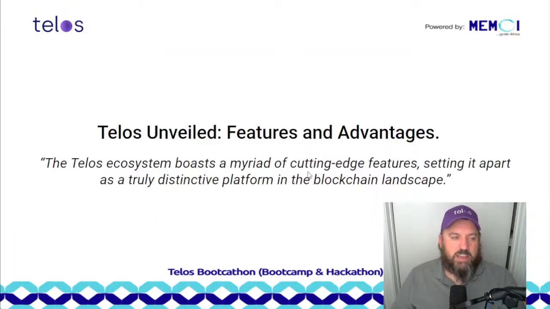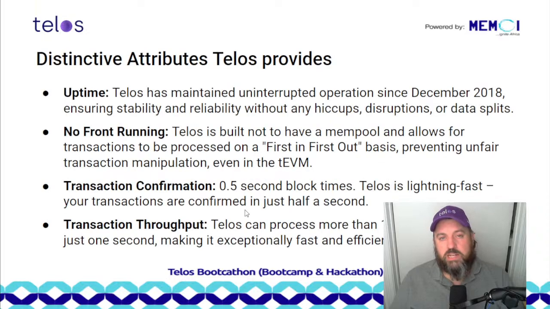All right, so features and advantages. Telos has been 100% up uninterrupted on mainnet since December 2018, which is a pretty big feat. We were talking about Solana earlier and some of the quandaries that they've produced. They've also been down, I don't know, 5 or 6 times in the last year. Their mainnet was completely frozen. They had to go back and restore, push transactions back. We've never had to do that on Telos. We've been extremely stable and reliable without any kind of hiccups or data splits that hard fork the network where operators had to come back and choose a side, right?